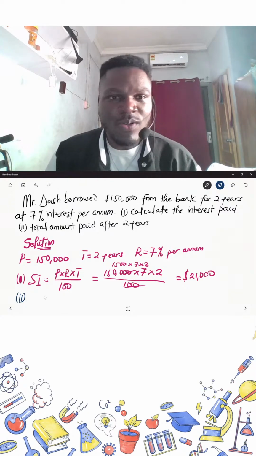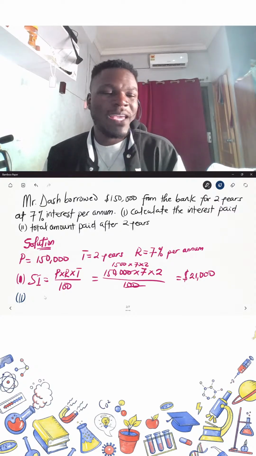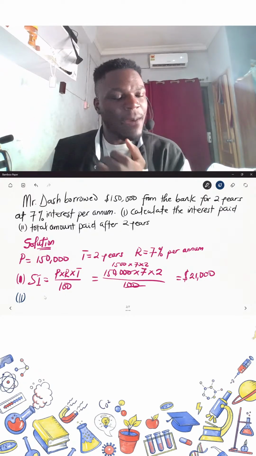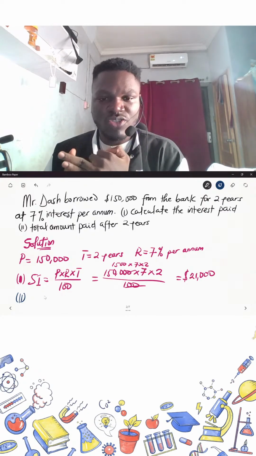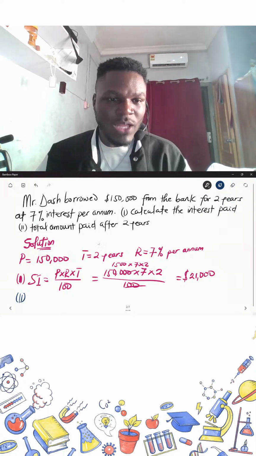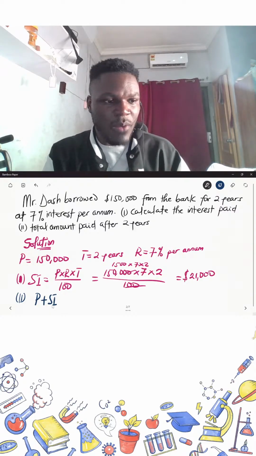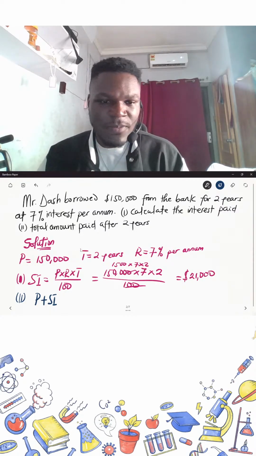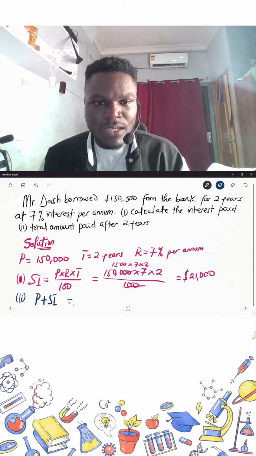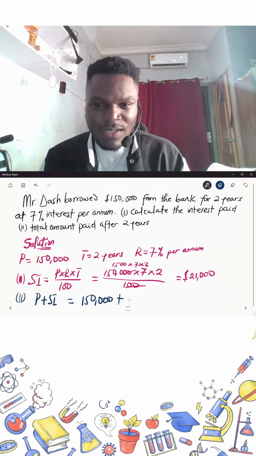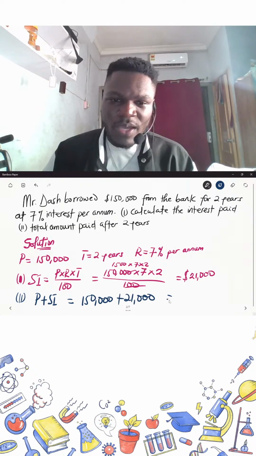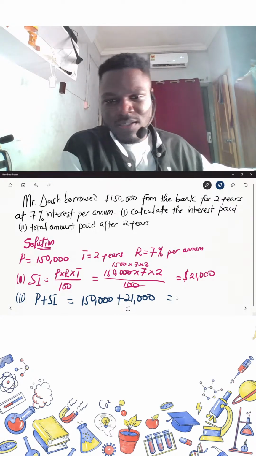All right, so like I was saying, the total amount paid after 2 years will be the sum of the principal and the interest. Are we okay? So the total amount paid after 2 years is the principal plus the simple interest. So principal, which is the P, plus the simple interest. And in this case, that is equal to $150,000 plus $21,000. Are we okay? So if we add these two guys,